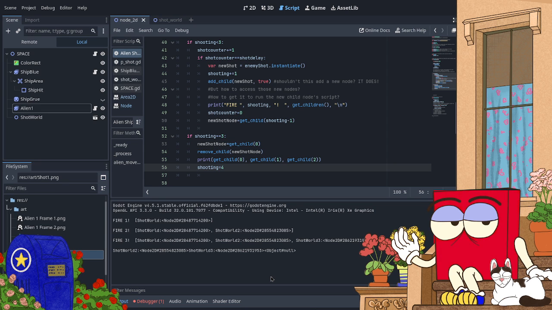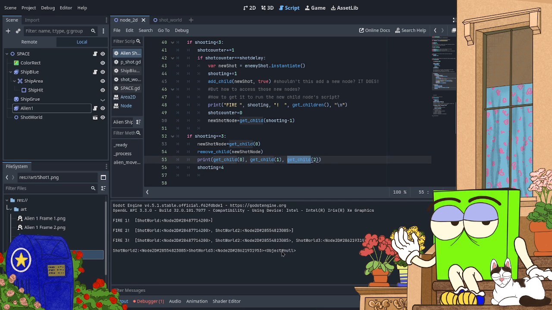Okay. Huh. No, that's expected name-wise. Oh, no, when I delete get child 0, then yes, indeed, what was number 1 moved into the 0 slot. What was the second one moved into the 1 slot, and what were 1 and 2 are now 0 and 1, and 2 is the null one, which is great.